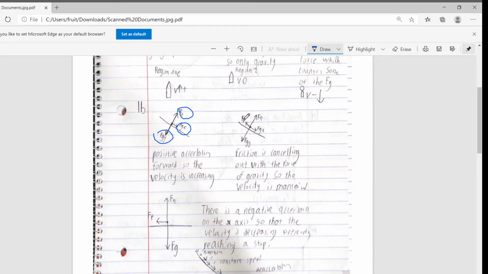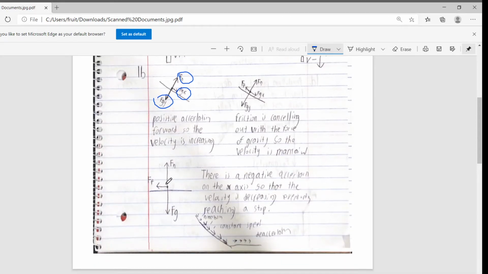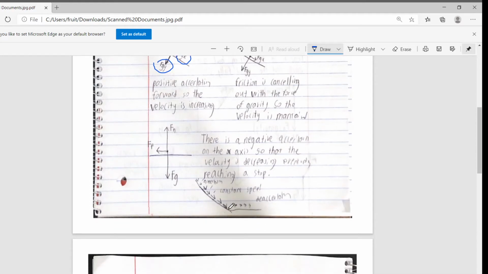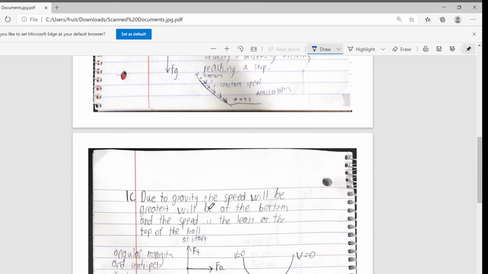Eventually, once we do reach the bottom of the hill, since it's no longer an incline, we still have some velocity carrying over from the previous sections, because the velocity is increasing in region 1, but then constant in region 2. So in region 3, there's going to be a deceleration being applied, since the only force going on x-wise is the force of friction, and regarding the y component, the normal force and the force of gravity are canceling out. So the speed begins to level out right about here, and then the deceleration happens. It also is good to consider that you cannot make your line too steep, or otherwise this problem